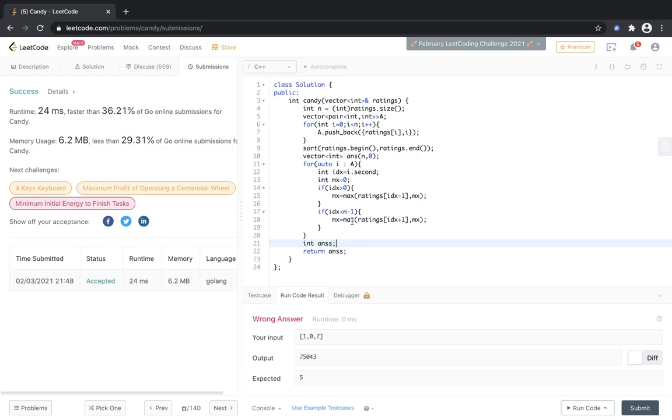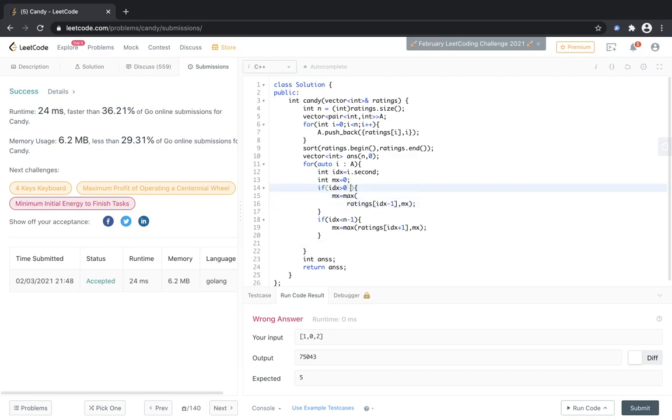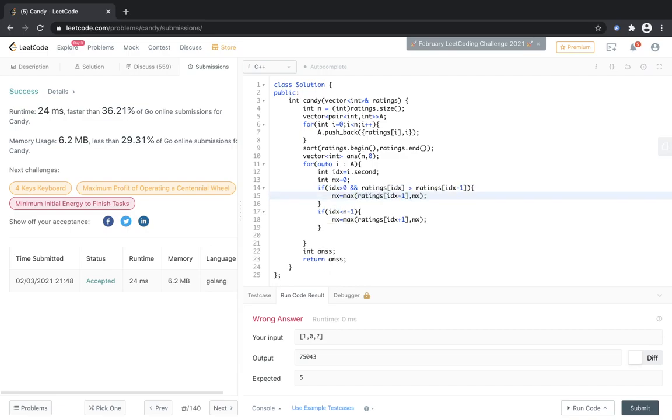So what we are seeing is that mx is actually the max rating out of the neighbors. Or we can say this: if idx is greater than 0 and if the rating of the current element is greater than the rating of the previous element, then mx is equal to max of mx comma answer of the previous one.